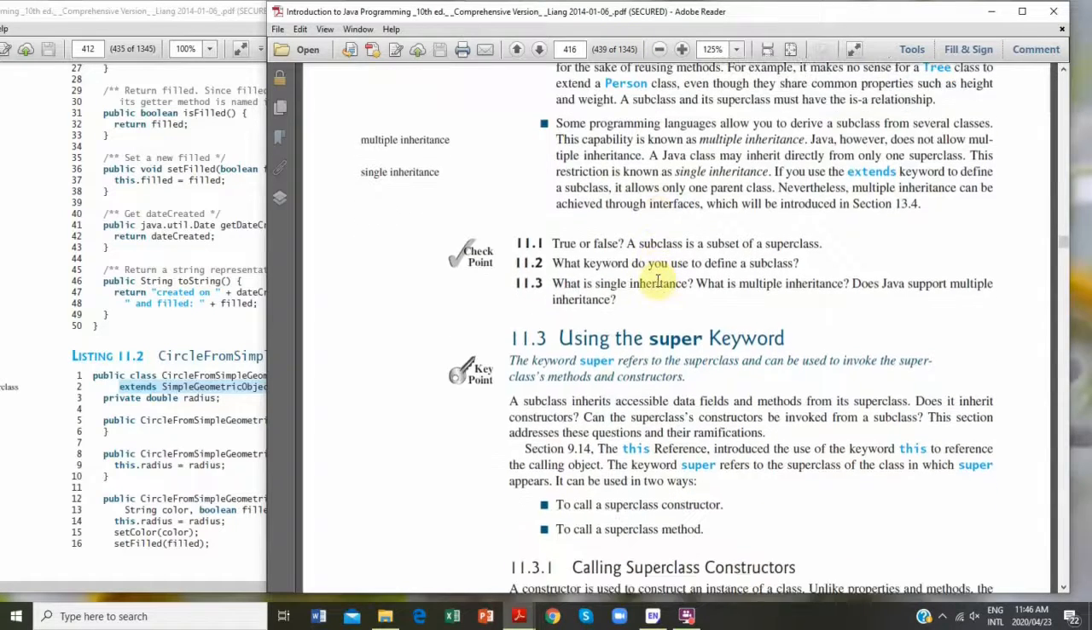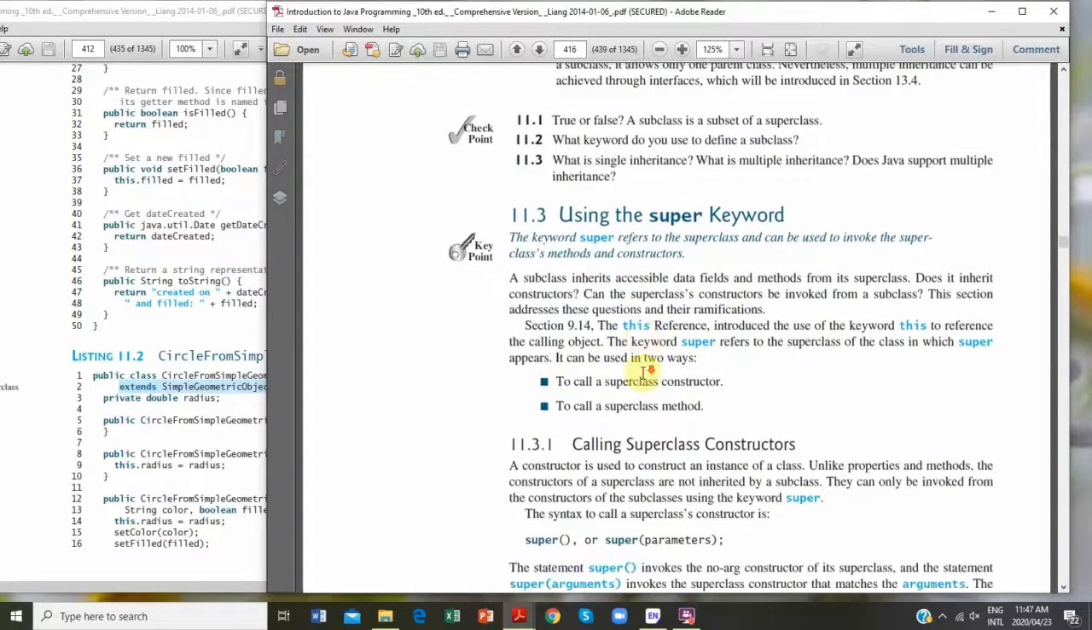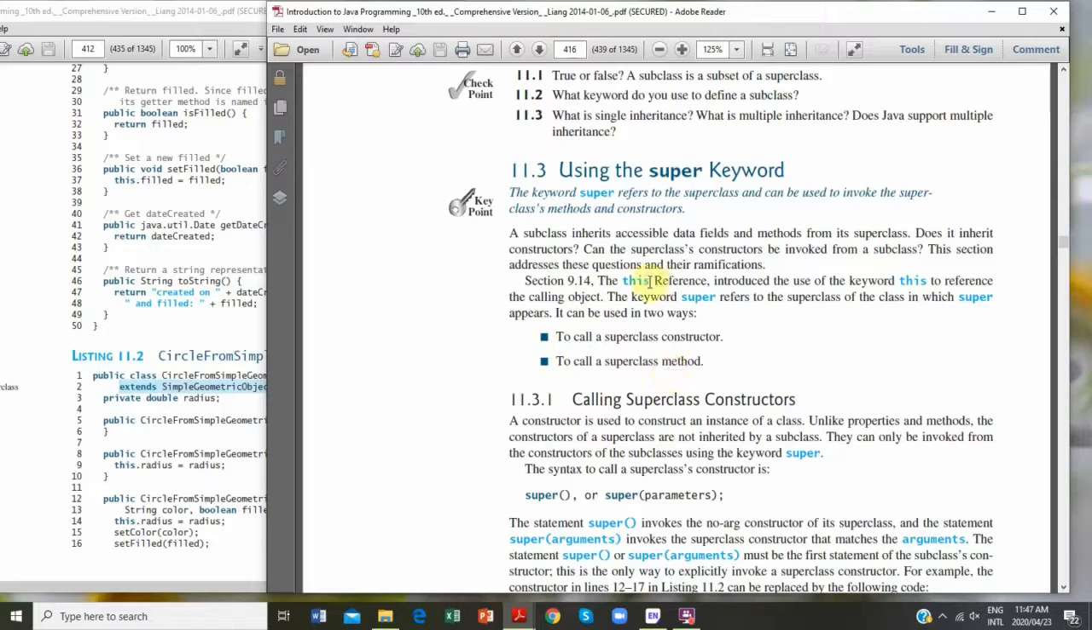Then about the super keyword, the key point in each paragraph indicates the important concept that will be dealt with in each paragraph. In this case, methods and constructors of the superclass. In a subclass, you use the super keyword to refer to the superclass. If we go a bit down, you will read as well. It refers to calling